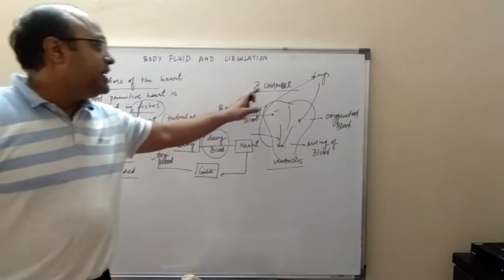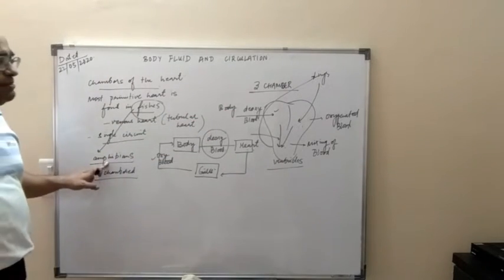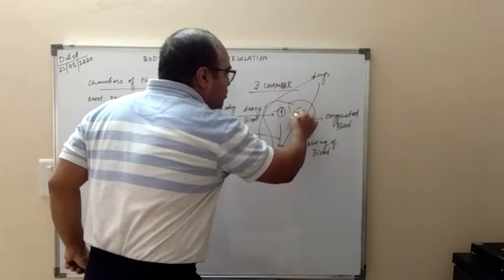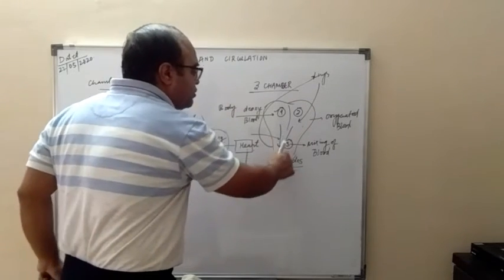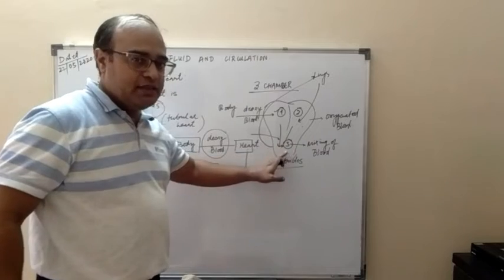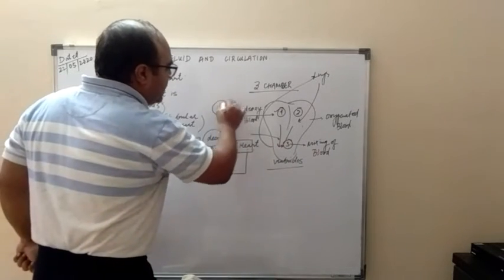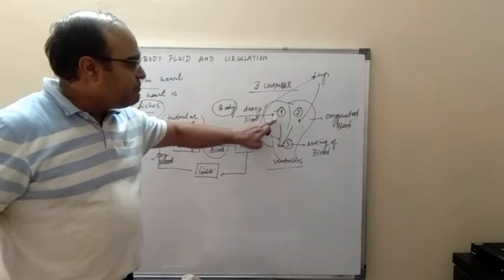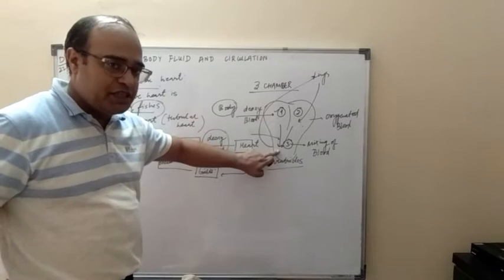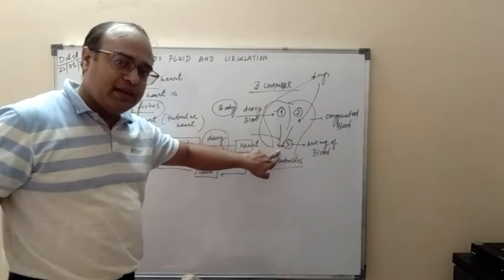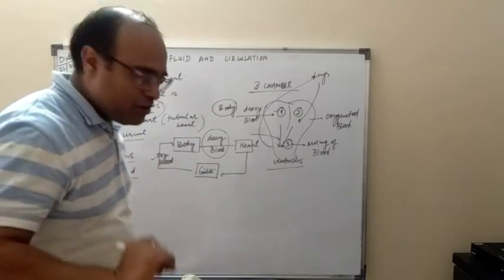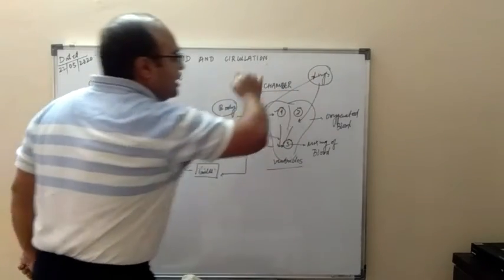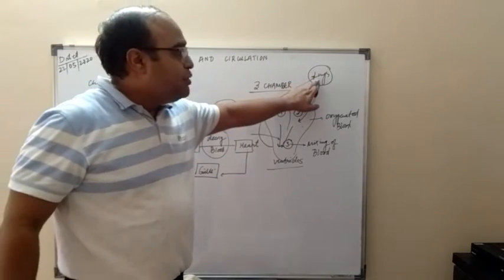But in case of the three-chambered heart, as in amphibians, you can see that the heart is divided into 1, 2 and 3 chambers. There is no demarcation in the ventricle. So the body is providing the deoxygenated blood to the first chamber. The first chamber is pushing the blood into this lower chamber, which happens to be the ventricle, and it is not divided. Now what is this ventricle going to do? It is pushing the blood into the lungs. In the lungs, the purification is happening.